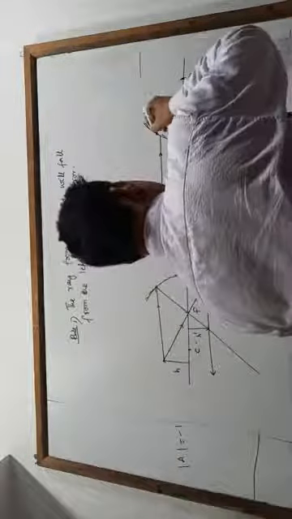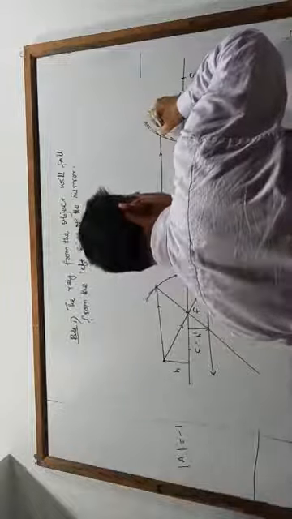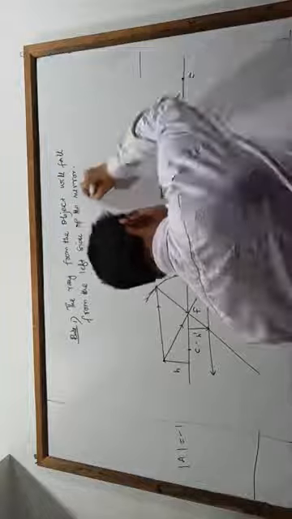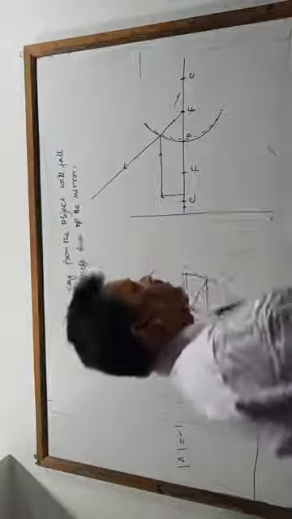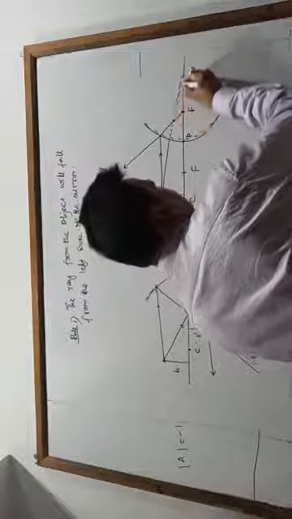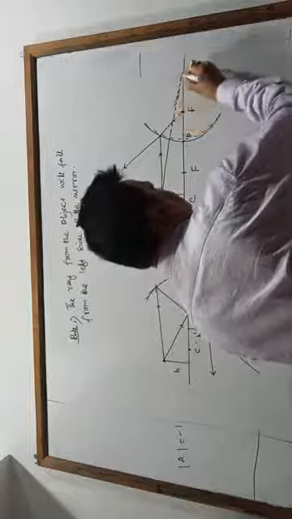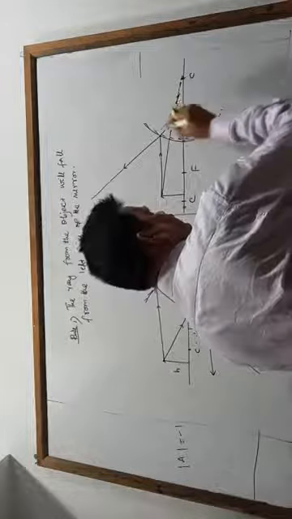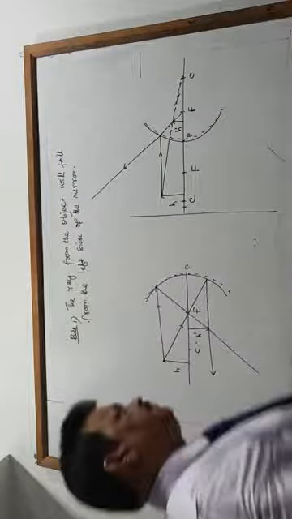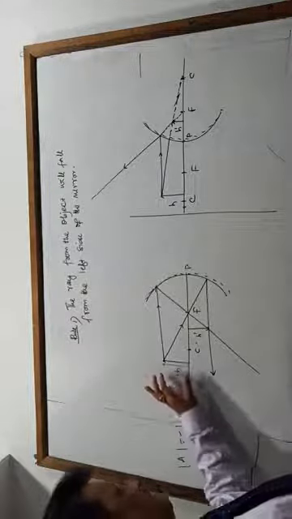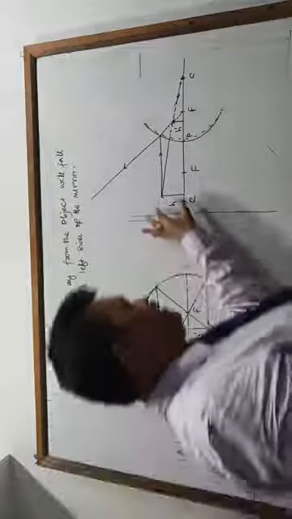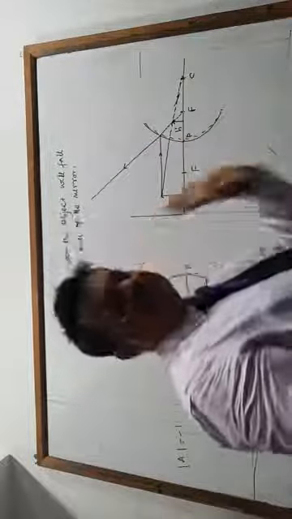So again you can see here the ray is diverted in the direction of the focus. Another ray that goes straight in the direction of the center of curvature, then this is your H, this is your H dash. Okay, so here you can see object is erect, image is inverted. Here the object is erect, image is also erect. That is the first difference.